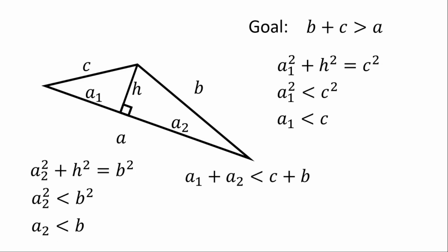Okay, now, what do you realize about this inequality? Well, it's very close to our goal inequality, right? Our goal inequality states that B plus C is bigger than A, and this one here, it's B plus C is bigger than A1 plus A2, right? So we're missing the plain A term, right? If we just had the plain A term in this inequality, we would be done, right? But we don't. So we have to introduce the plain A term into this inequality somehow. And that's actually pretty easy,